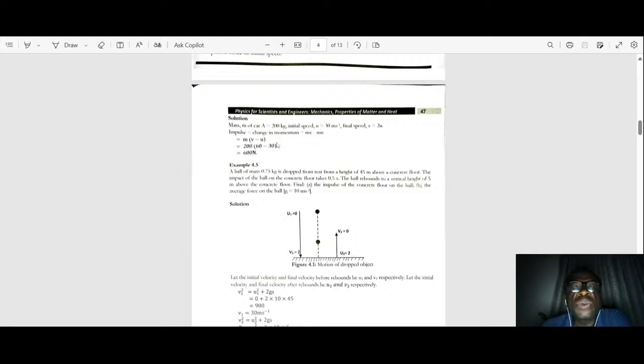So since we have the two velocities, the final and the initial, the change in momentum is 200 into 60 minus 30. And if you multiply this, it means you are multiplying 200 by 30, which will give us